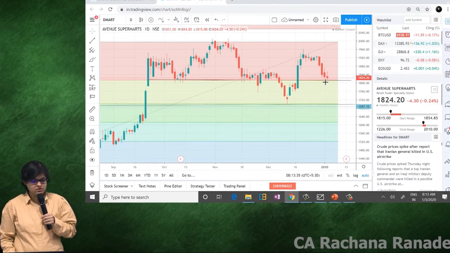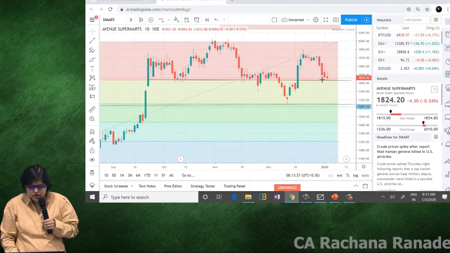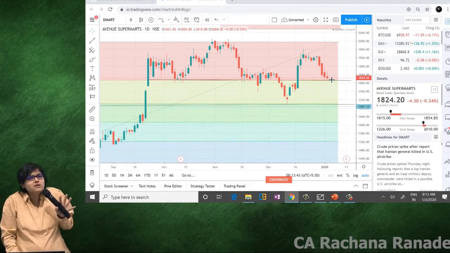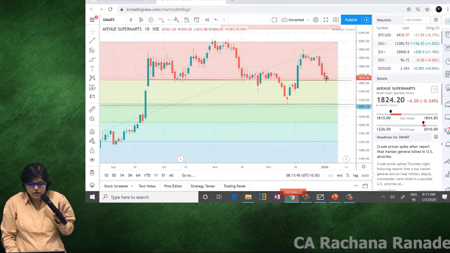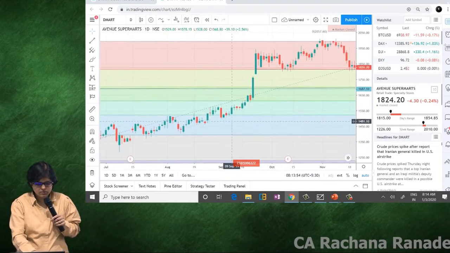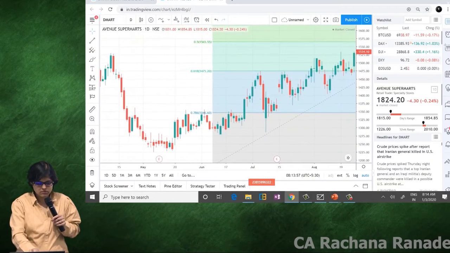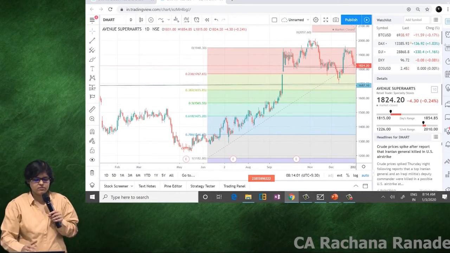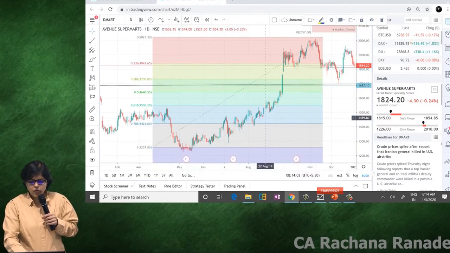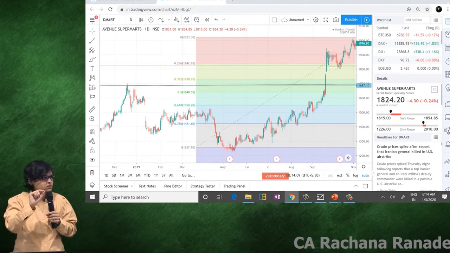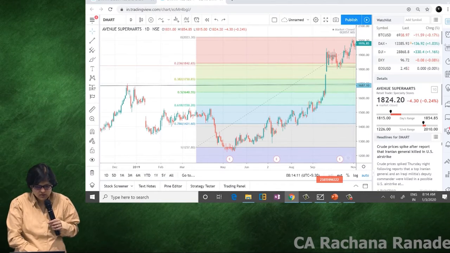Okay. Yes. Now let us check whether this is a strong support or not. How many times has it tested this as a support or as a resistance? Can we count this? 1. Here it is 2. 3. We are counting major, 4. 4 in the recent past. It has not even seen that level in the previous thing. 4 major instances in the recent past, and it has tested the 23.6%. Are you understanding this? Yes.